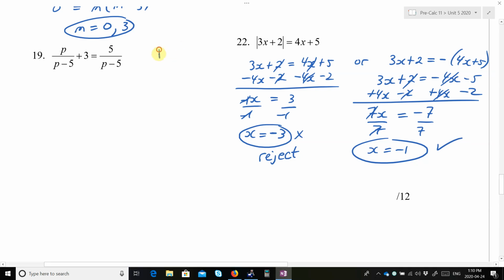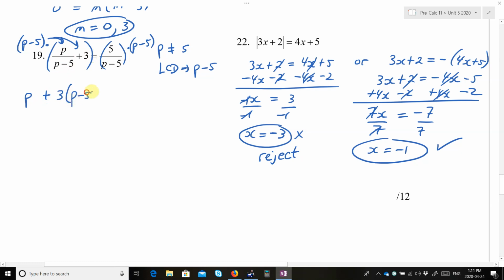Let's look at 19. P cannot equal 5. The LCD is P minus 5. So we will multiply both sides by P minus 5. The P minus 5's cancel in the first multiplication, just leaving P. When you multiply it onto the 3, it becomes 3 times P minus 5. And then over here it cancels and you're just left with 5. So we have P plus 3P minus 15